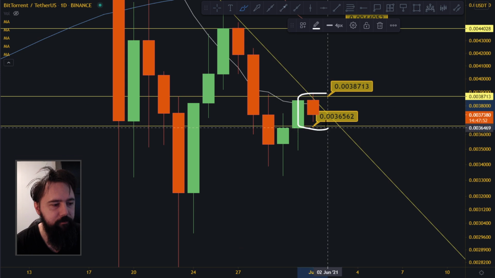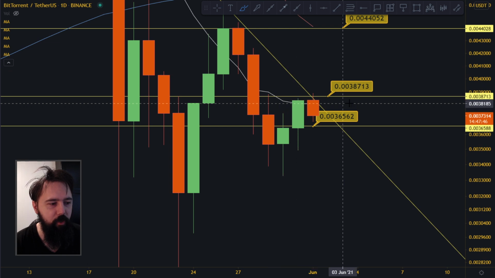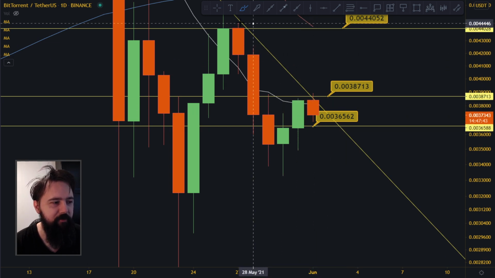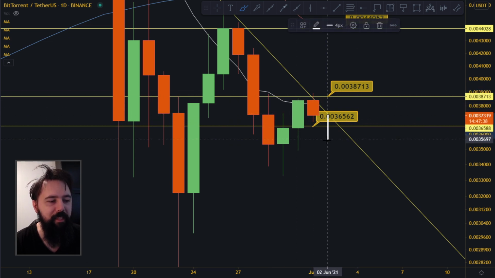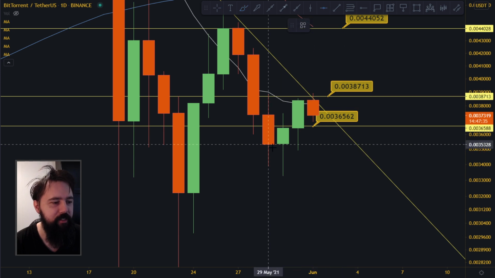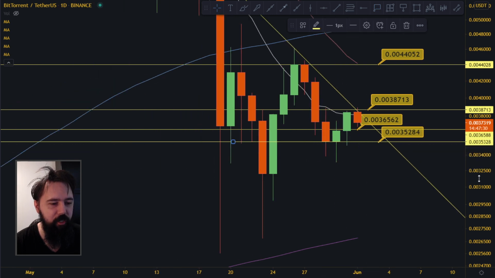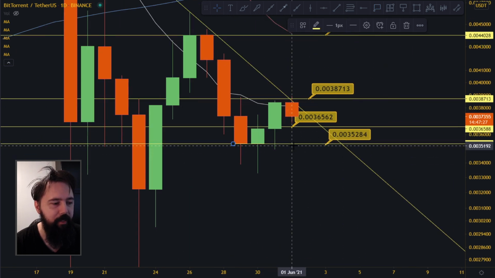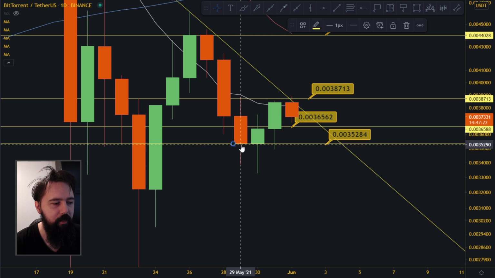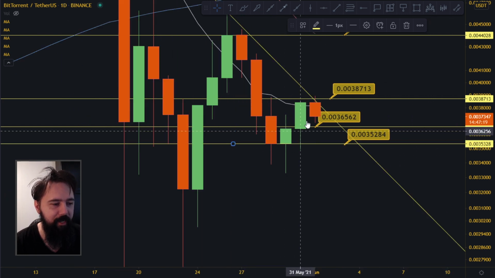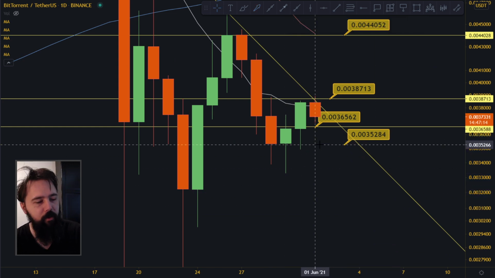On the daily chart, this candle up here, if it closes in red, if it closes below the 20 moving average, this is a very bad sign. Just like over here, that's a rejection. So the probability to the downside is a lot bigger. And if we start breaking this level down here at 35 on the daily chart, if we close below that on the daily, doesn't mean today, maybe even tomorrow, close below 35 on the daily. Just remember this number down here, this support or resistance. If we break that, then we're probably going to see a lot more downside.